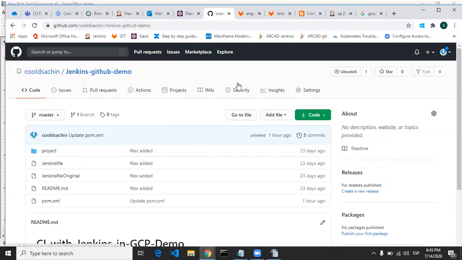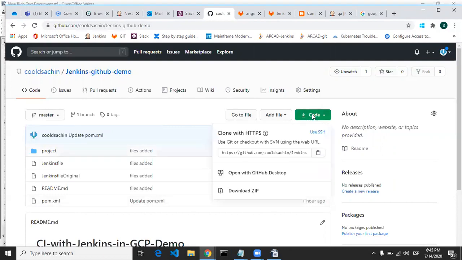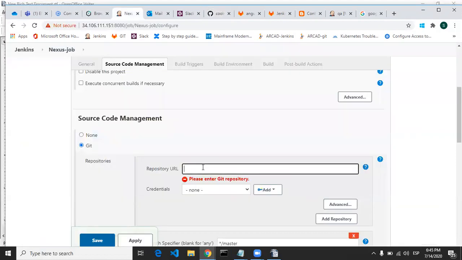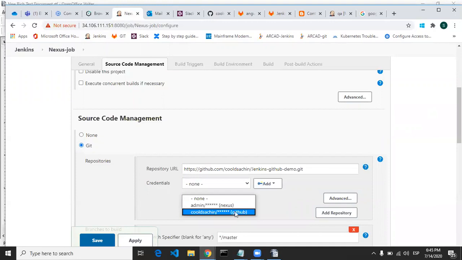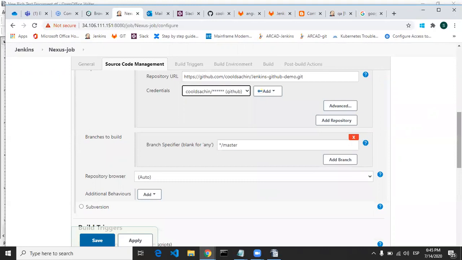Once you fork, this repository will be available in your account. I'm just going to copy this clone repository URL and place it here. Now again we have to add a credential for GitHub. In a similar way to what we created for Nexus, you have to create it here as well. I have already created it, so I'm just selecting the GitHub credentials. The branch will be master only.